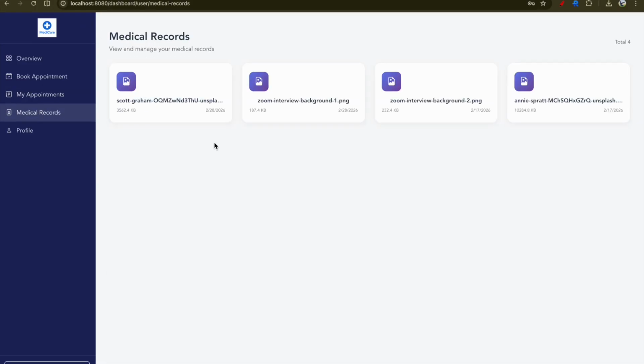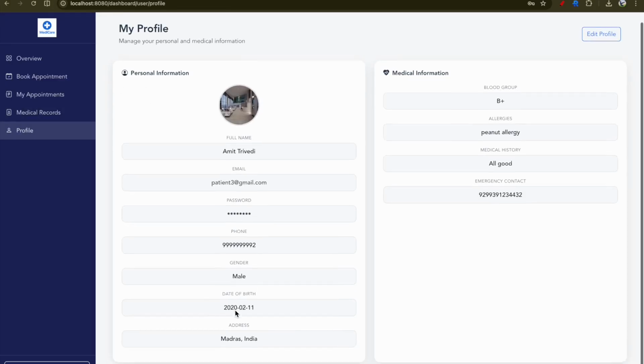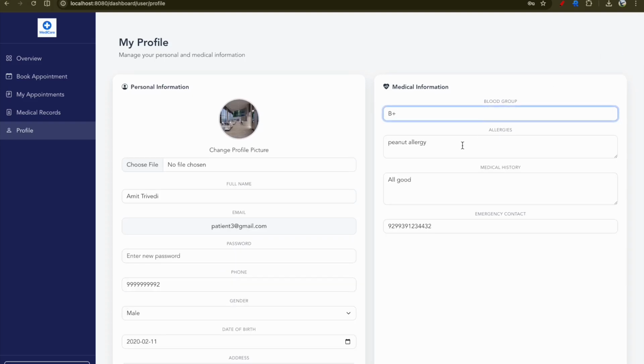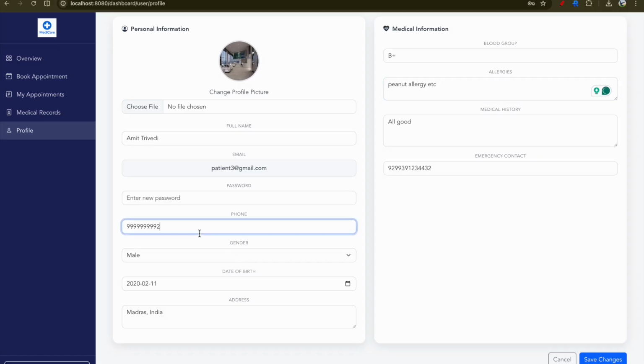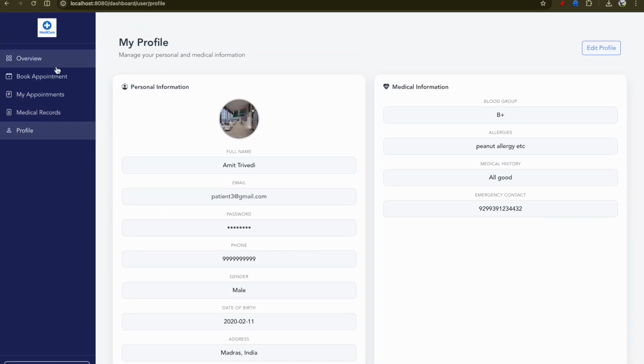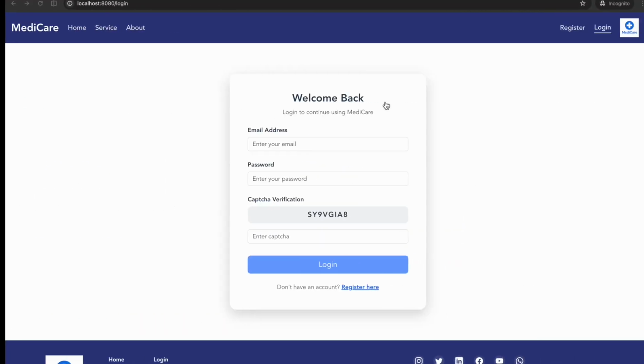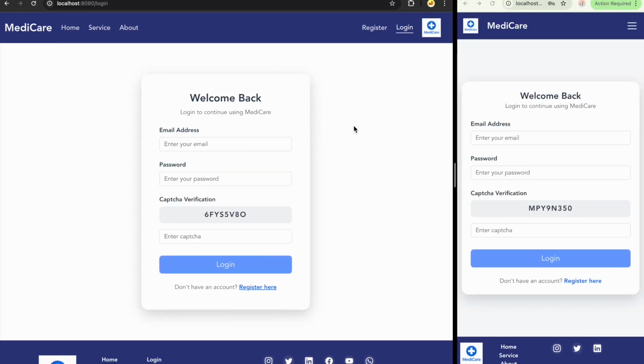And then we have the medical record option, where customer can download any of the records linked to their profile, like this one. And then we have the profile section, where patient can update their profile. Patient's profile updated successfully. So yeah, that's pretty much for the patient's dashboard. Now I'm going to log into the